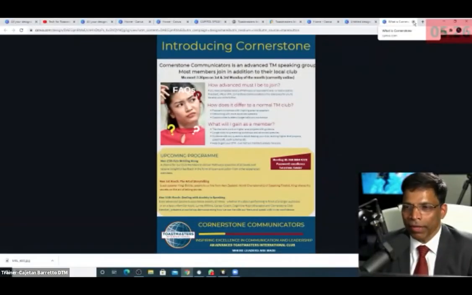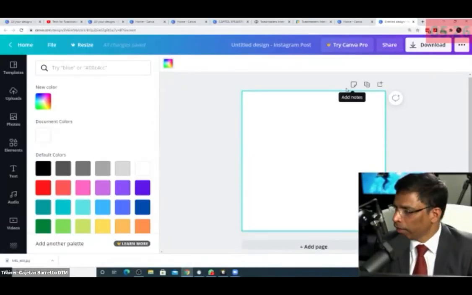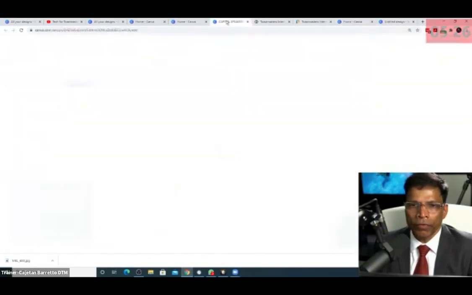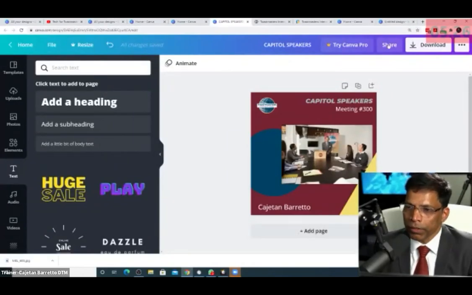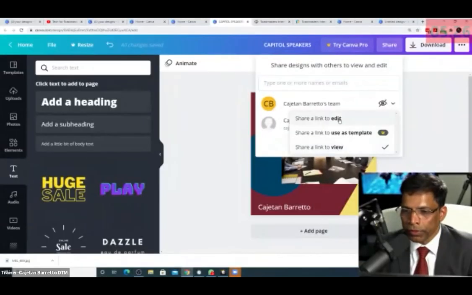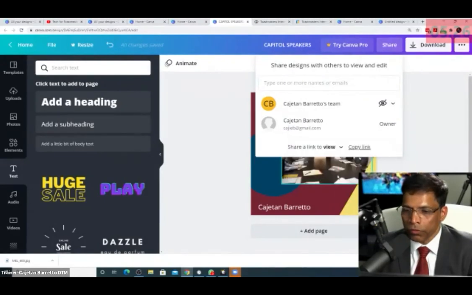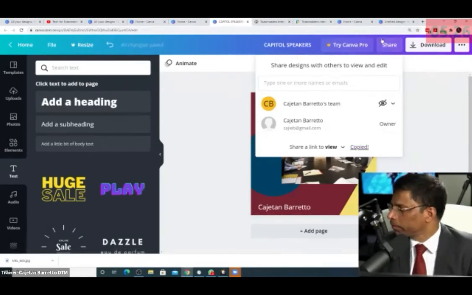I can't keep up with the posters that are coming. I'm going to have to download them and go through them. Yes, and that's why I came up with this idea. Somebody was asking how to share. All you have to do is, when you have your poster, click on the share button and make sure that you share a link to view only, because if you share a link to edit, then people can edit it. If you share a view-only link, we can only see it. Then click copy link, and paste it in the chat. Oh, this is fantastic.